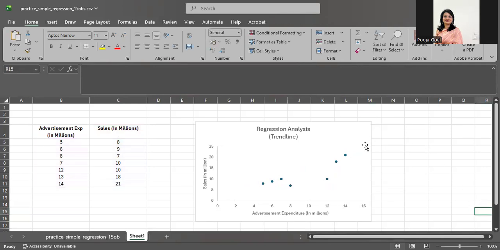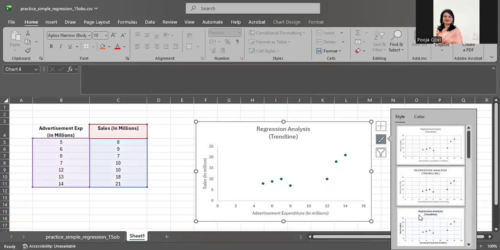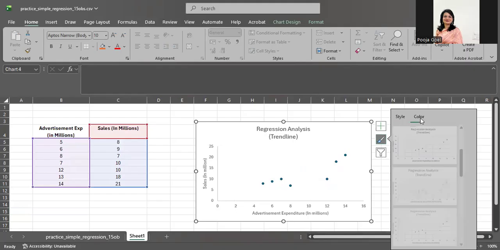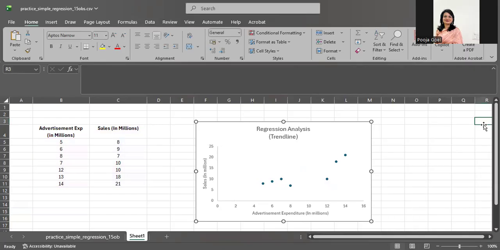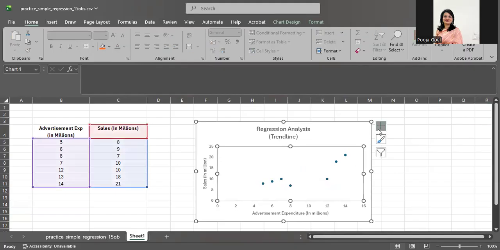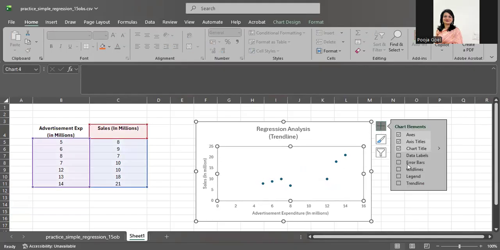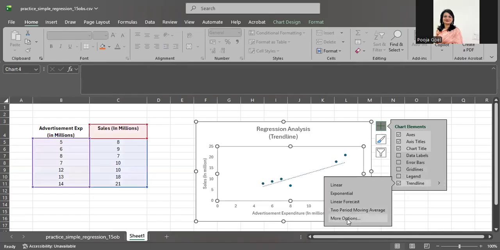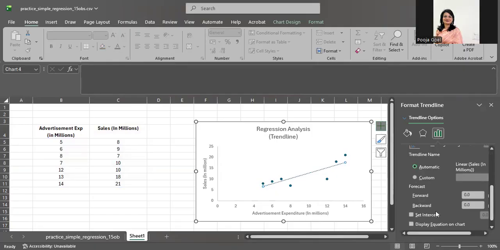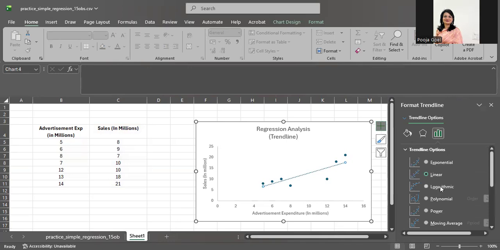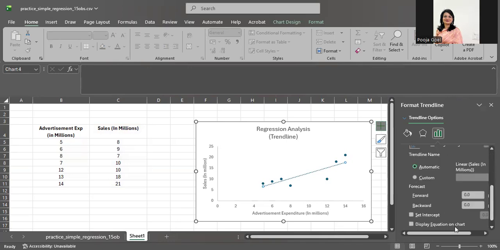But in case you want to add something, you can play with certain colors and styles. Let's say you want to have this color, and then maybe you can choose different colors. In case your R square value is low, then you can try several other non-linear forms.